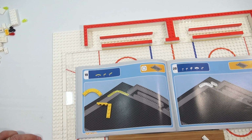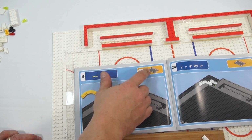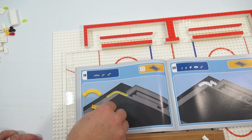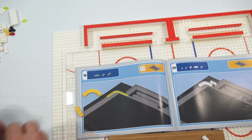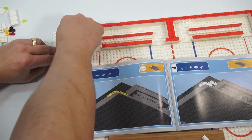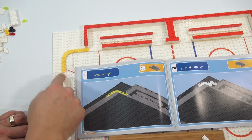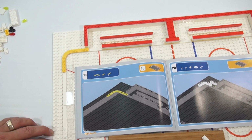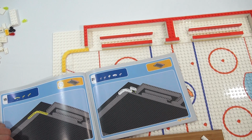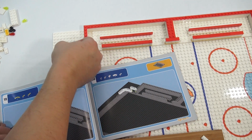Okay, so now we're working in this corner here. They tell you to turn the board around, and then you're looking at this corner up here, and you can kind of see everything there. So I need a 4, which lines up with this, and a turn, and then a 3, which makes sense now because we're ending up on the clear finished flat top pieces. And then the next step, that is a 2. And it looks like it's a few back, okay? Then a corner piece,